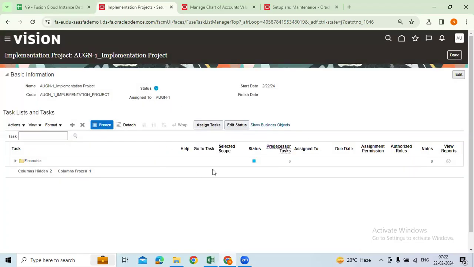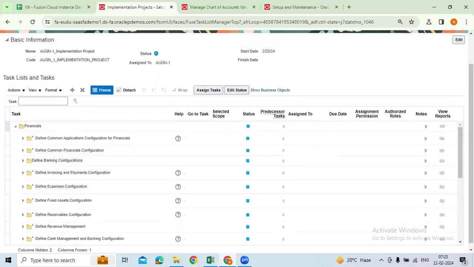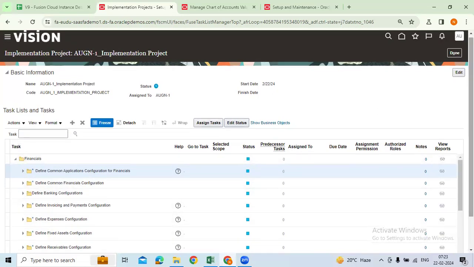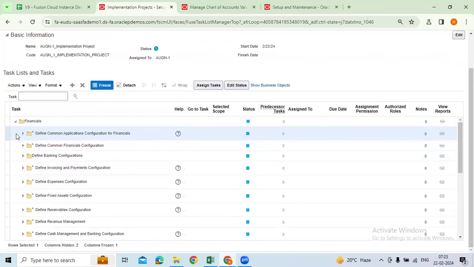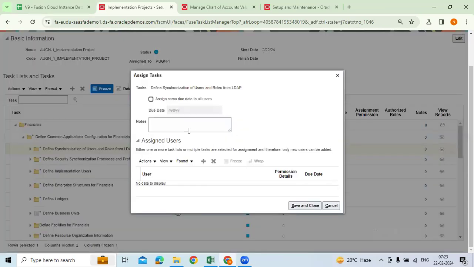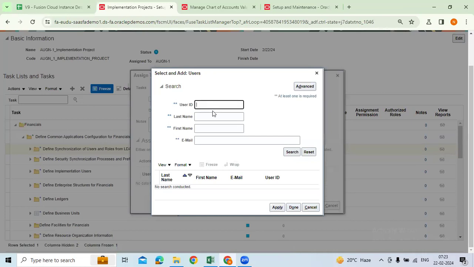For the time being, I'm putting it as in progress and assigning to this person. Start date is this, this is the code, this is the name which I'm using. Under this financials, for example, for all the configurations, I wanted to assign this task to someone else. For example, under financials offerings, there are 2 or 3 consultants supporting this project. How to do that? Just come here. If you wanted to assign each task wise also, you can assign that. You can assign the user to whom you wanted to assign. You can search with the name and go ahead